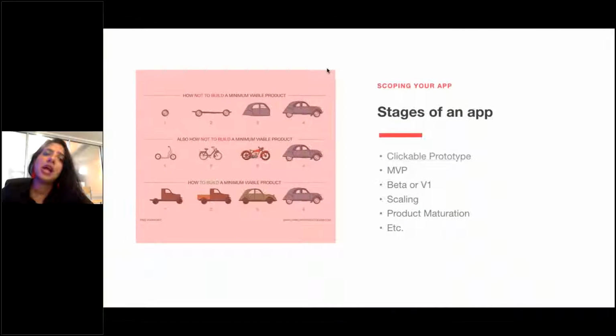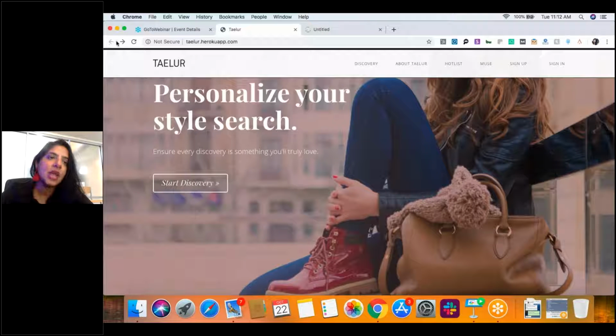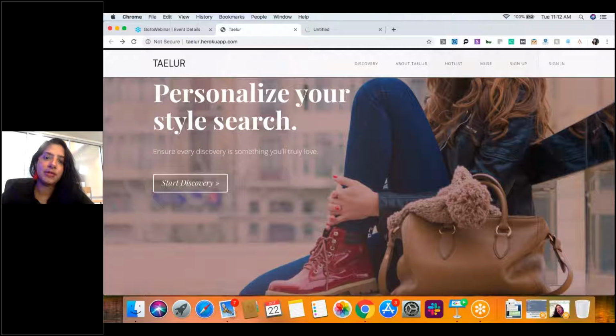Once you've decided, like I said, to build your app, there are also various different stages of an app. So understanding what stage you'd like to start building at would be really helpful. You don't have to necessarily build a full product. Uber, the app that we use today, is not what it started with. So definitely think small first. If it's at an idea stage, then going with either a clickable prototype or an MVP phase is what we recommend. To give you an example of an MVP, this is one that we built for our